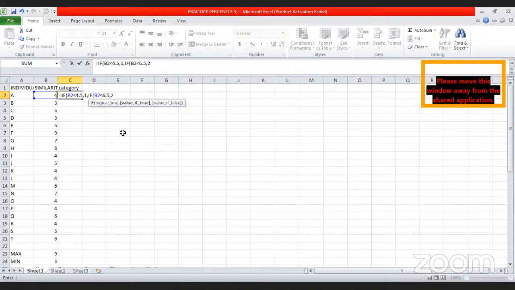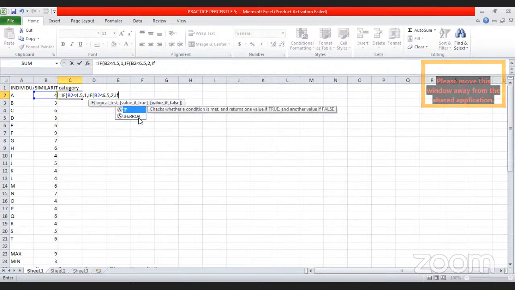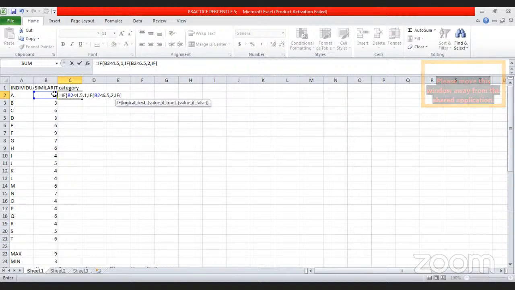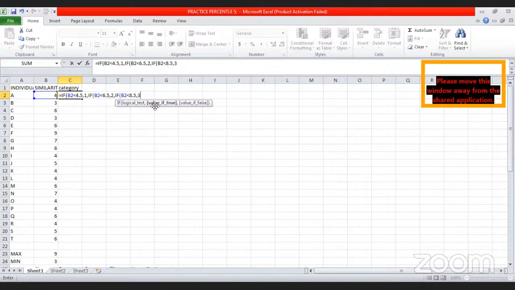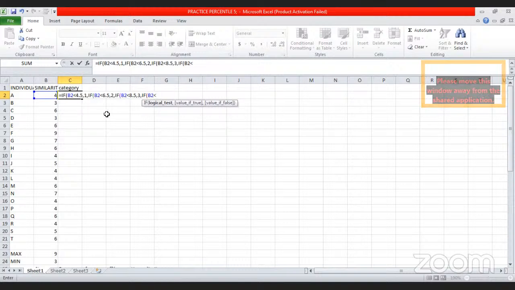That means all the scores within 4.5 to 6.5 will be categorized as 2, comma IF B2 less than, the next upper limit is 8.5. So if B2 less than 8.5, put 3, comma IF B2 less than 10.5,